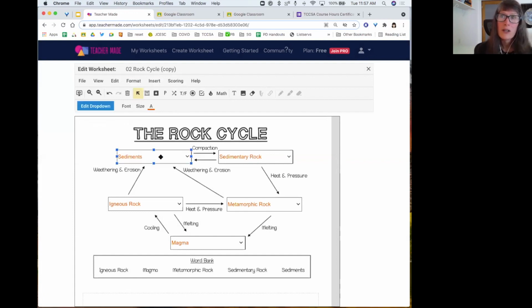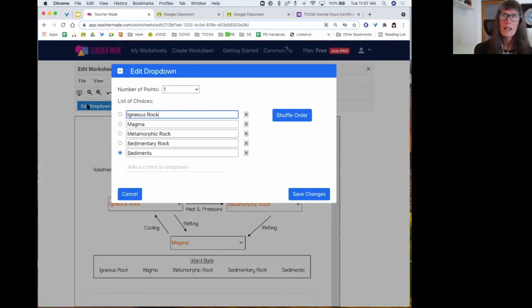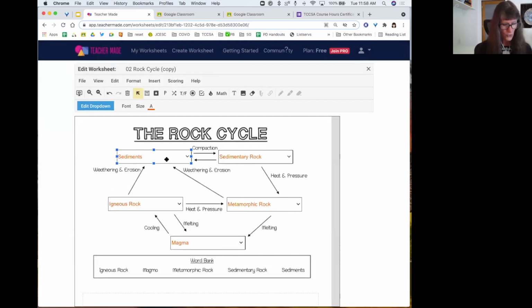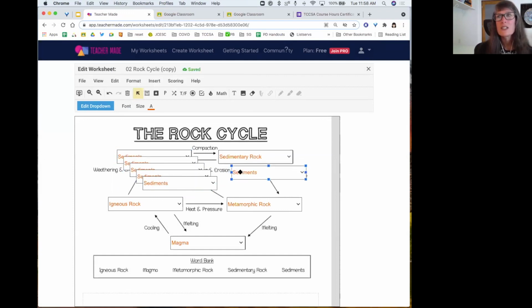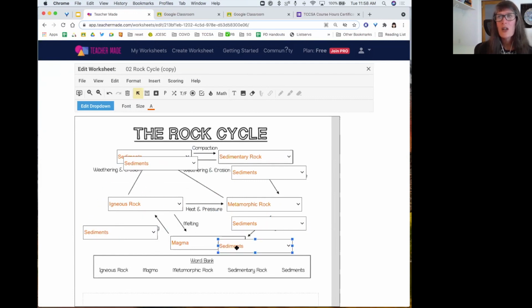So here is one already made. I hit edit, and I already typed. And look, sediments should have been the right answer. The students will get 1 point. And even better, I can use shuffle order. How fun. And I can save the changes. Control D. Then I just position these to all the other spaces and make sure I change the right answer for those